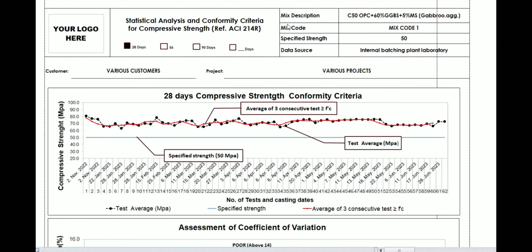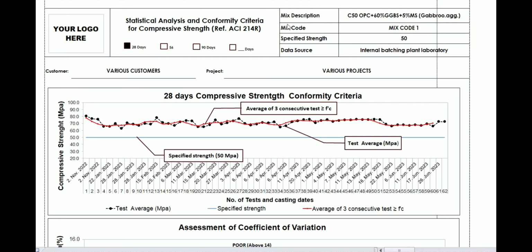Welcome to this short presentation about the statistical analysis and conformity criteria for compressive strength. Reference to ACI 214. In this example, I use a C50 triple blend mix, and as you can see from this table, from November 2022 of casting date up to June 2023, all throughout these months, it is self-explanatory to